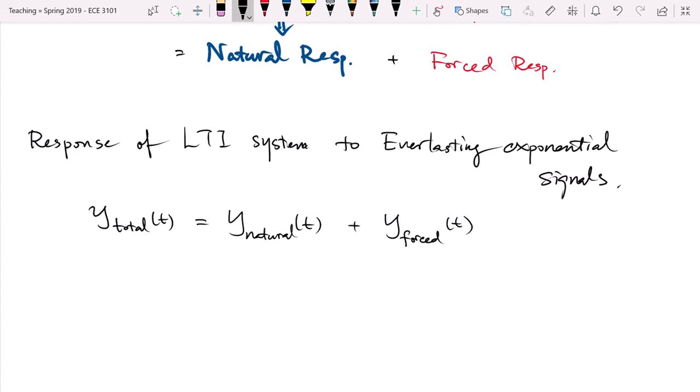And remember the differential equation, using this D polynomial or D operator and the P and Q polynomials. And plugging in this y total, y natural, y forced, what we have is